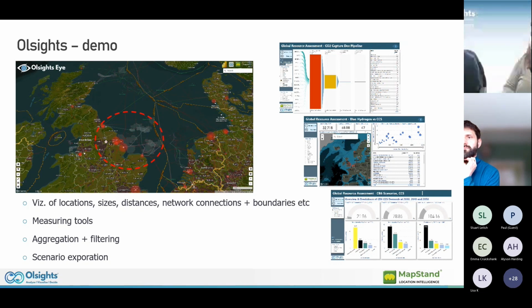There are things like measuring tools, aggregation, so cluster analysis, filtering, and the ability to explore scenarios, which are not in the public version. Currently we hold a lot of this in Power BI dashboards, but it uses all the same data. So what I'm going to attempt to do is